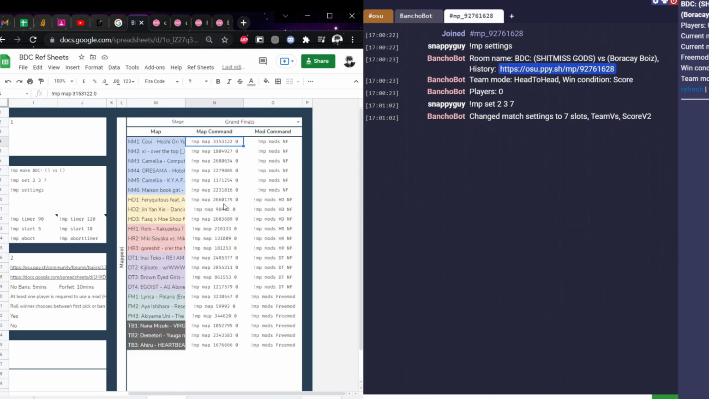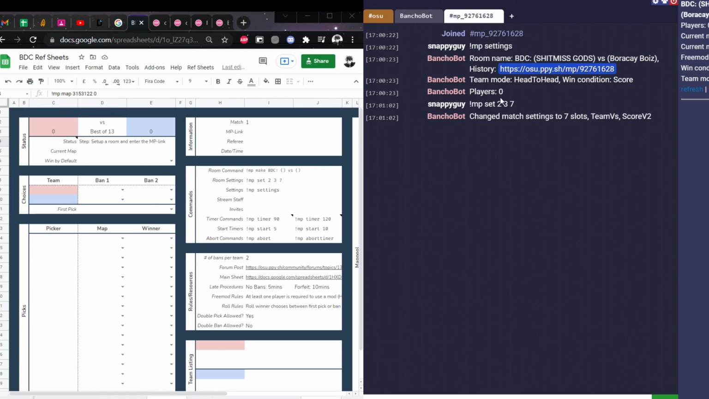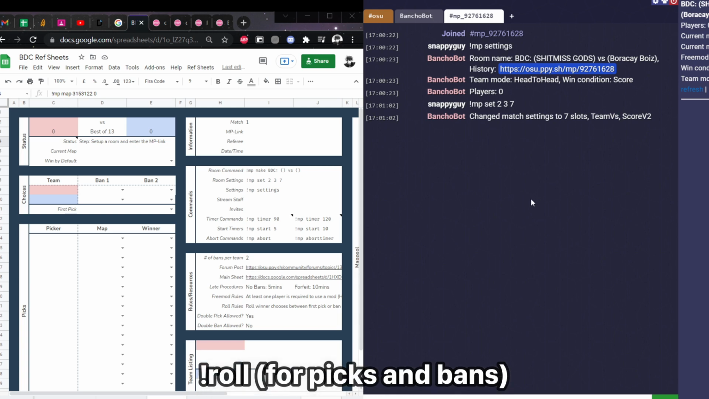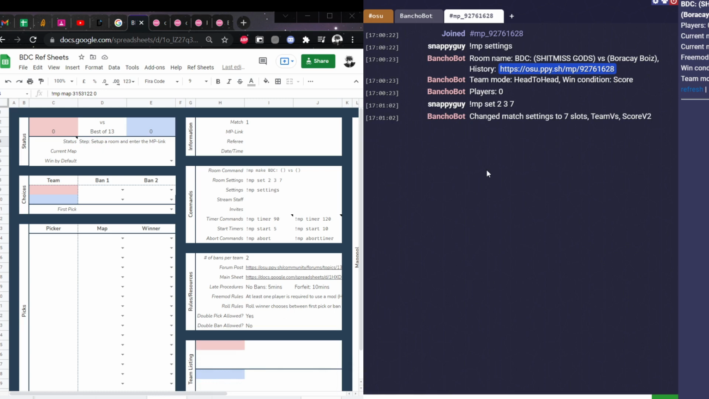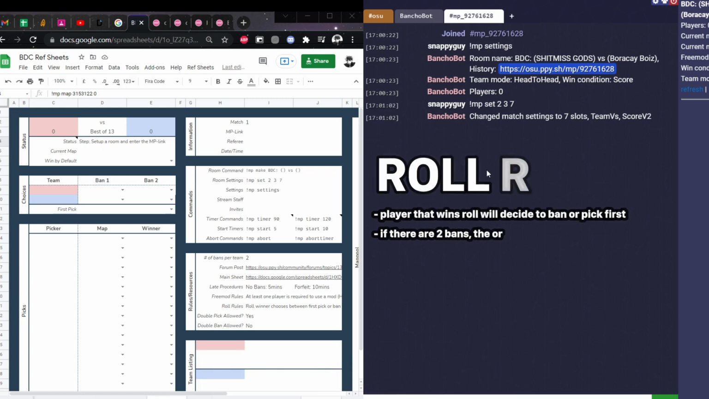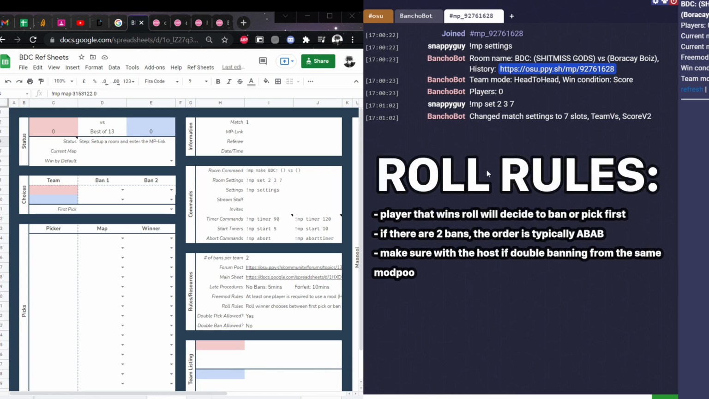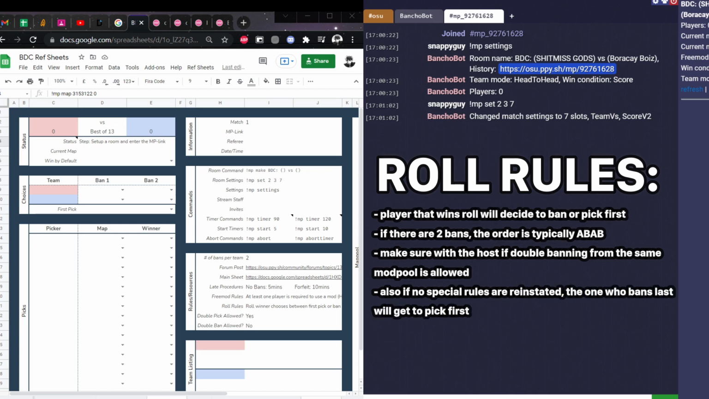So after setting the MP to whatever modes that you need it to be, the next step you would do is basically waiting for player rolls. And the roll rules typically are whoever rolls the highest will get to decide the pick or ban order for this match. And let's assume that red won the roll,